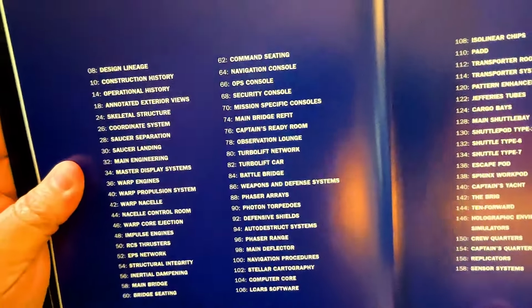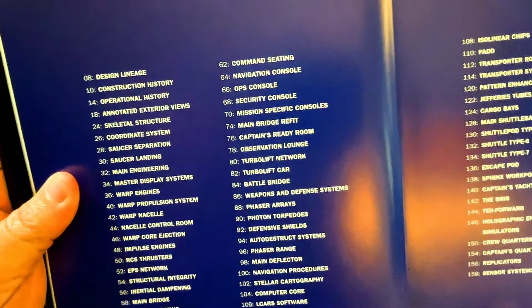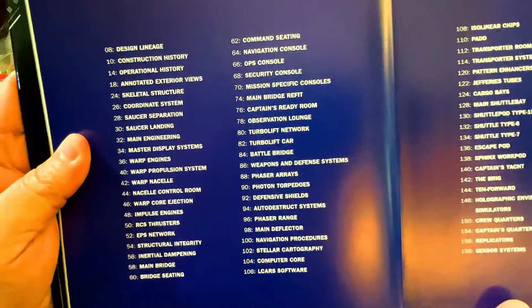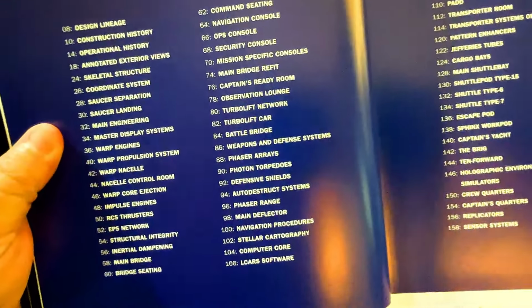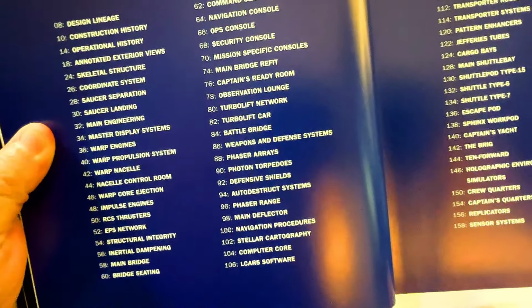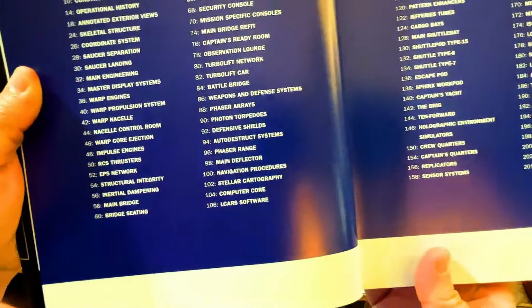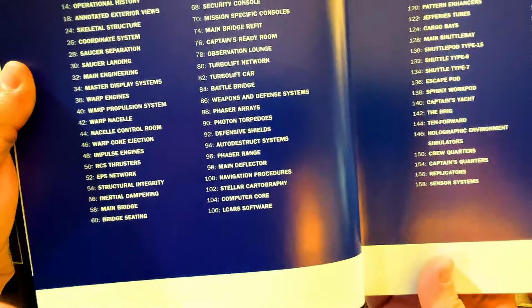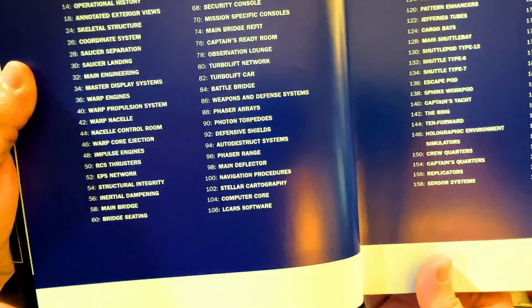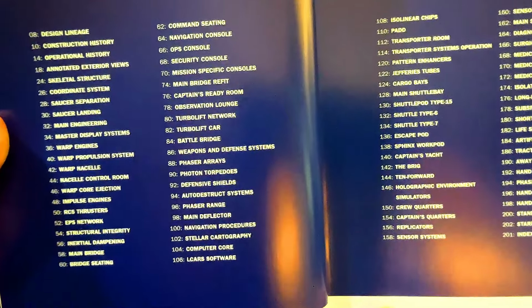Like I showed you guys the other one, we have the design lineage, construction history, operational history, annotated exterior views, the skeletal structure, coordinate system, saucer separation, the saucer landing, main engineering, master display, warp engines, warp propulsion, warp nacelles, nacelle control room, cool, warp core rejection, impulse engines, RCS thrusters, EPS network, the structural integrity, inertial dampening, main bridge, bridge seating, command seating, navigation console, ops console, security